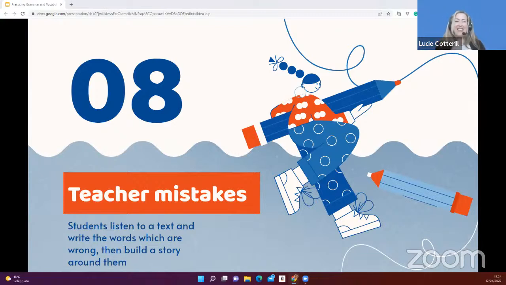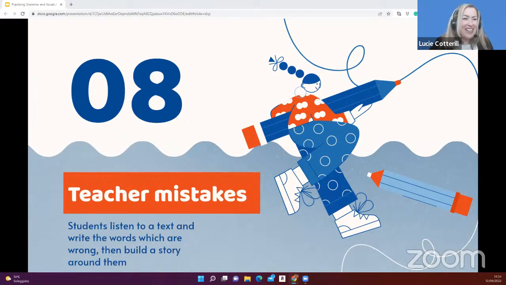Excellent. Okay, brilliant. So what this activity does is that first of all, it gives students a model of the kind of writing that we want them to do. In this case, it was an informal letter to a friend. And they have to listen really carefully to me reading it, processing every word as they try to find the mistakes. So it can be much more powerful than just simply handing them a written model of the writing task. Now, if you want, you can also make mistakes with the words or the structures that you want them to review. So it really tests their knowledge, and as Hagar said there, boosts their language awareness as well.